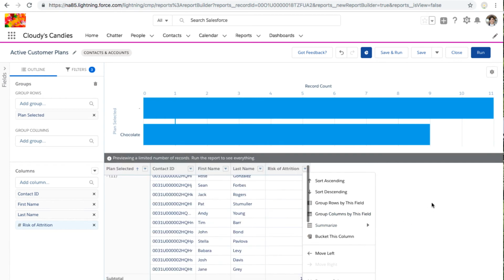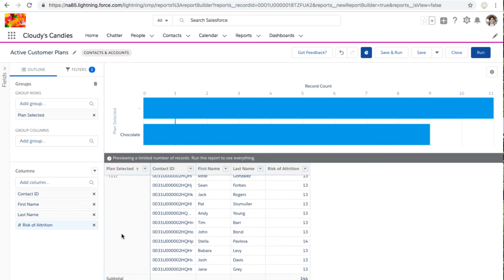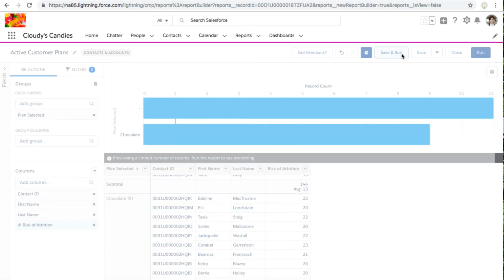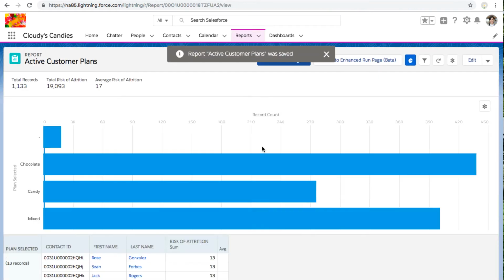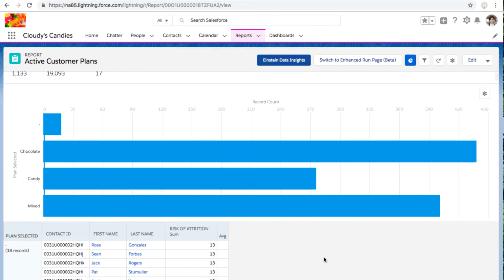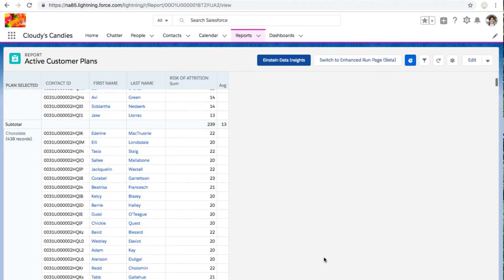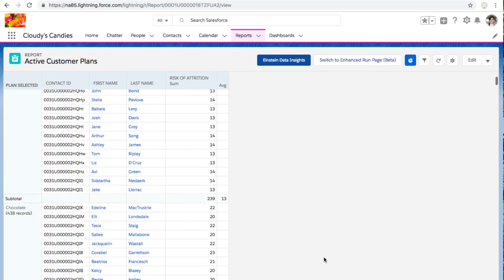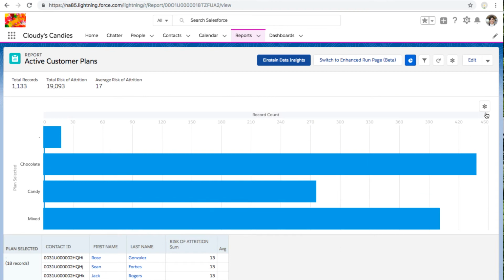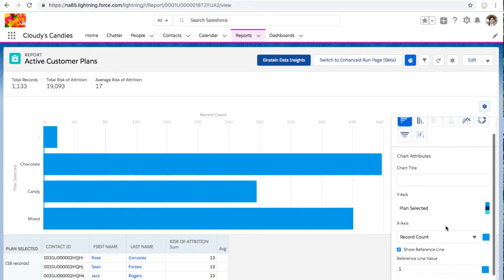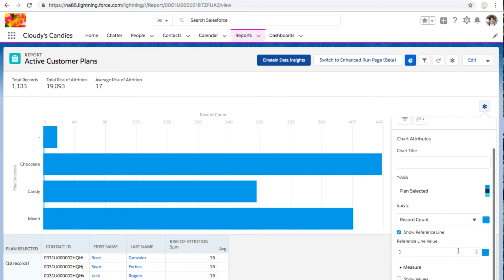So this report is grouped by which plan is selected, and now I've added the attrition prediction both on the individual record level so I can view it, but also on an average for the group level. So when I select save and run, I'm going to make some edits to my chart. So I've got my report that's run. I can see my attrition prediction on this matrix shown at the bottom here, for each group. Like I can see what the averages are for the chocolate plan, but I want to edit my chart further. So I'm going to go down into my chart, and let's make the